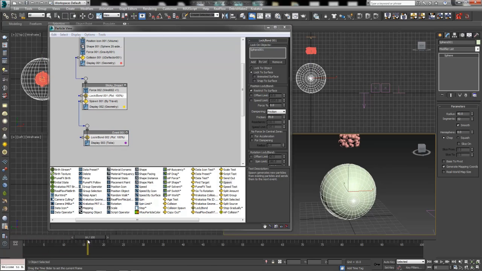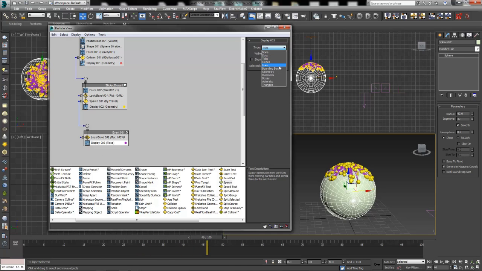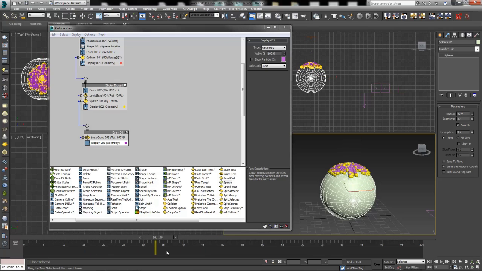Alright, so here we go. Now the tail should show up as purple tick marks. We can go ahead and change ticks to geometry there, and we can see what's going on. 80%, some of them are a little bigger, some are a little smaller. We've got these tails, and we're getting there, but that's not quite good enough. We can actually tell this to scale out. Now, wax dries up and gets a little stringier as it travels, and we can simulate that by doing a little bit of animation, keyframing, using a scale operator.